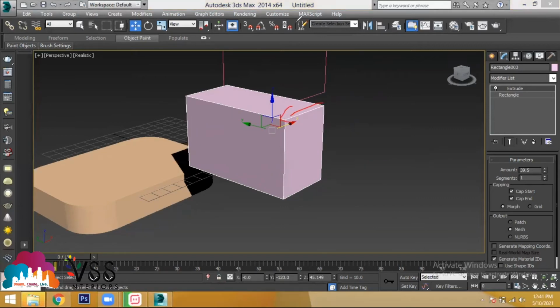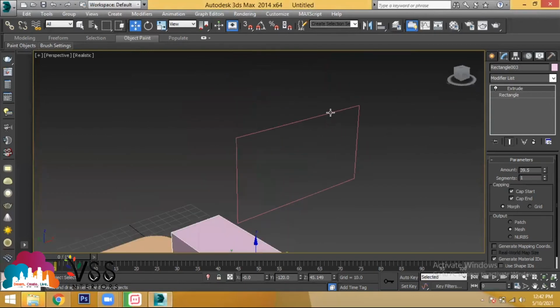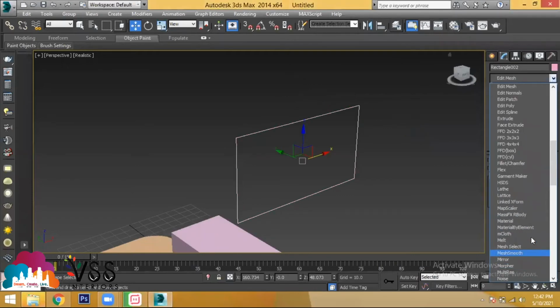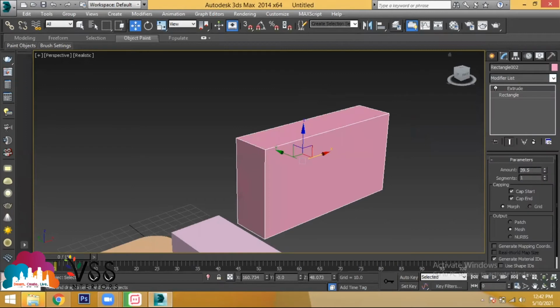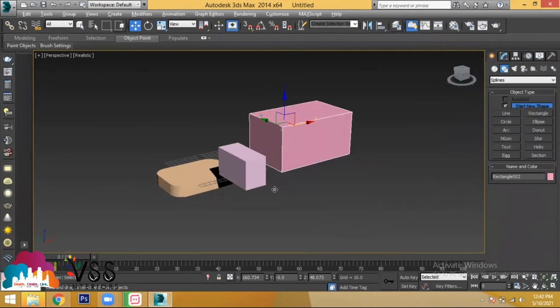Okay. Now let's say you go with the front face. If you provide height for this, what happens? The height has to come towards this direction or towards that direction. So you can provide it either in this direction or in that direction. Now select the sketch, go to the modifier list and provide the tool called extrude. When you choose the tool called extrude, you'll get the height towards this direction, or in the opposite direction when the dimension has minus values. Clear? So this is how we provide height to the objects.